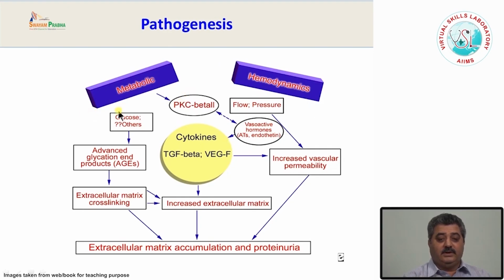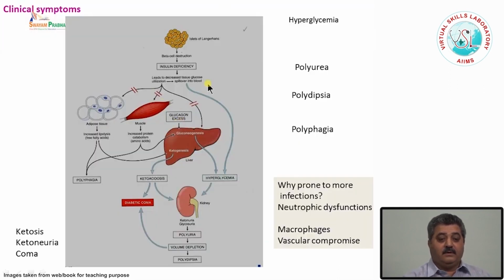Now, this shows the pathogenesis of diabetes mellitus. There is a decrease in the insulin, there may be a decrease in the glucose utilization. It all leads to hyperglycemia, and this hyperglycemia affects many organs. There is underutilization of glucose in the fat, in the muscle, in the liver, and when the glucose threshold for the kidney is raised, the glucose goes into the urine, it causes glycosuria, and because of the osmosis it causes polyuria, and the body needs more water, so there is polydipsia,